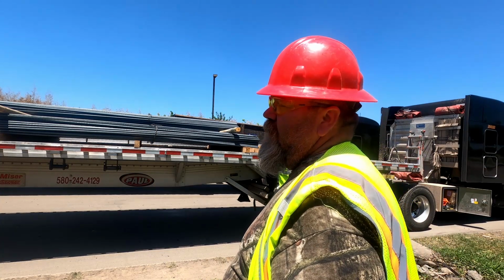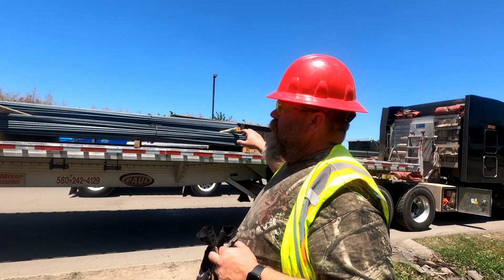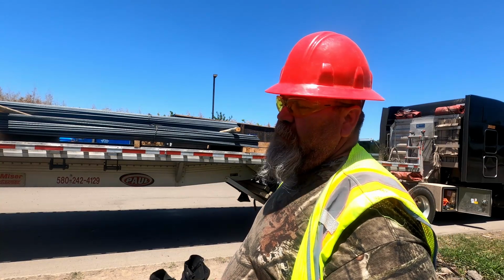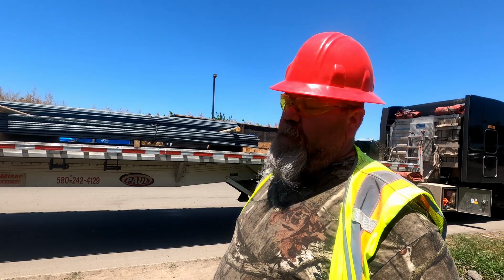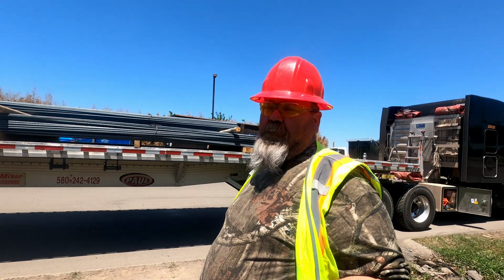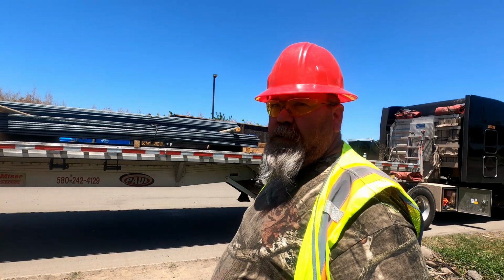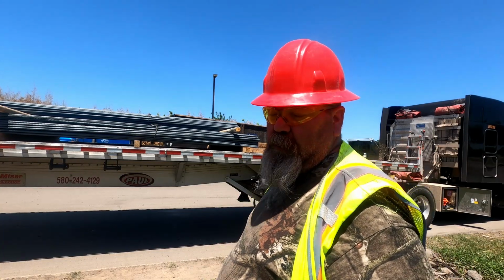So DOT requires that we have 2 straps in the first 10, and then 1 every 10 after that for every length of product, every 5 foot or 10 foot of product. But Texas, where we're at, requires 2 in the first 5, and then 1 every 5 foot of product length after that. And also, since that's the most stringent securement in the country, that's Paul's policy, so we're going to go with